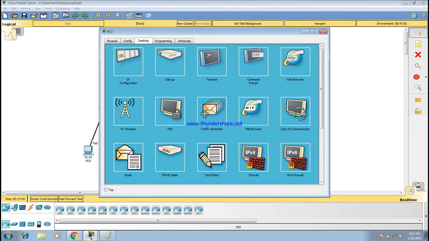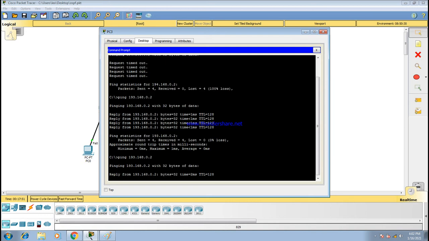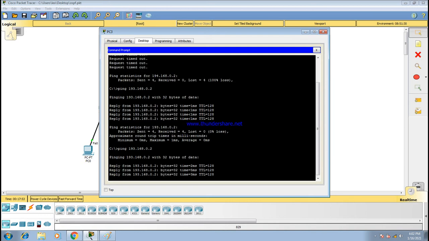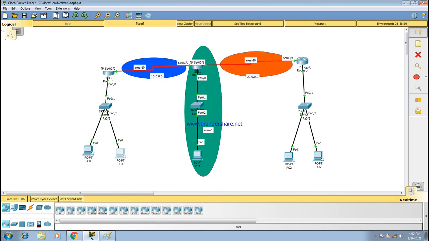If I try to ping the second system, for this system, I am getting the reply now. Okay, so why? Because I denied the first system, 193.1, for example. I will deny only this particular system, not this system. So this system is able to communicate with the account department, and I gave deny for this particular system only. Okay, so this is very important.